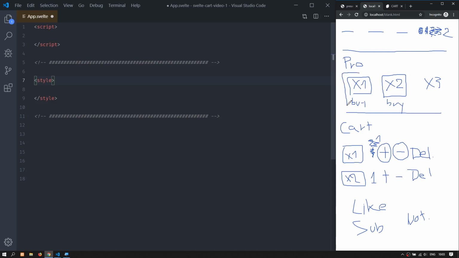So the product in itself is a component. You don't need to make it a component, but I want to make it one. And the cart page is a component, and each of these products is an inner component of the cart page. This is kind of controversial because some people design this in different ways, but this is the way I want to teach you